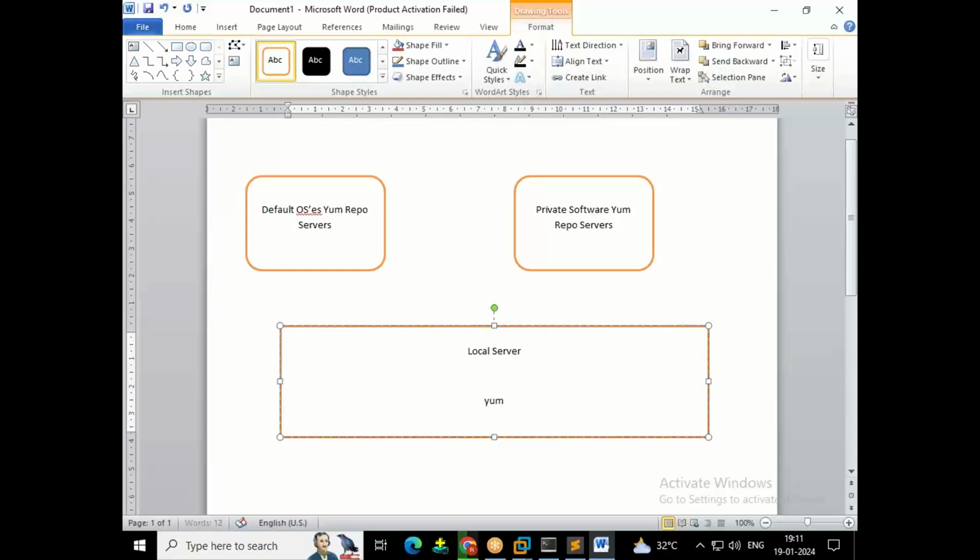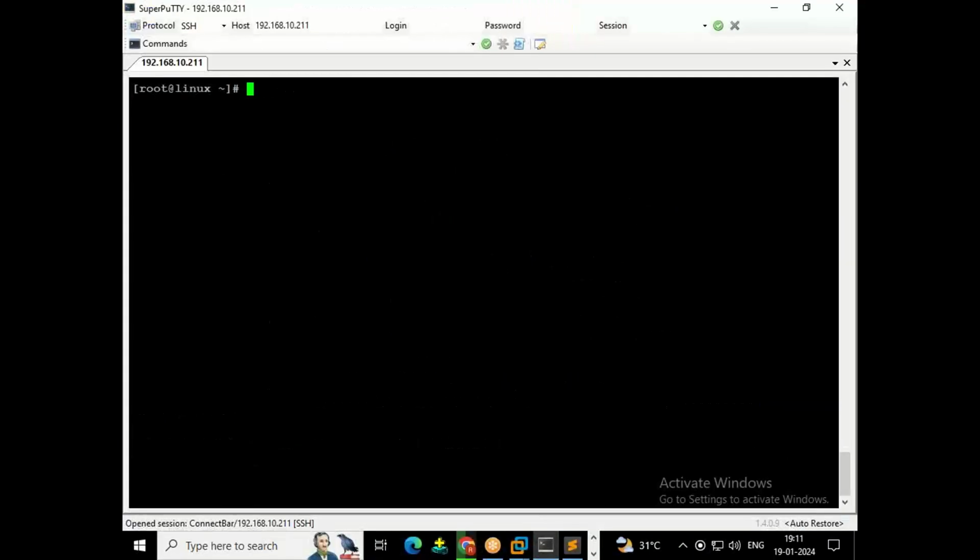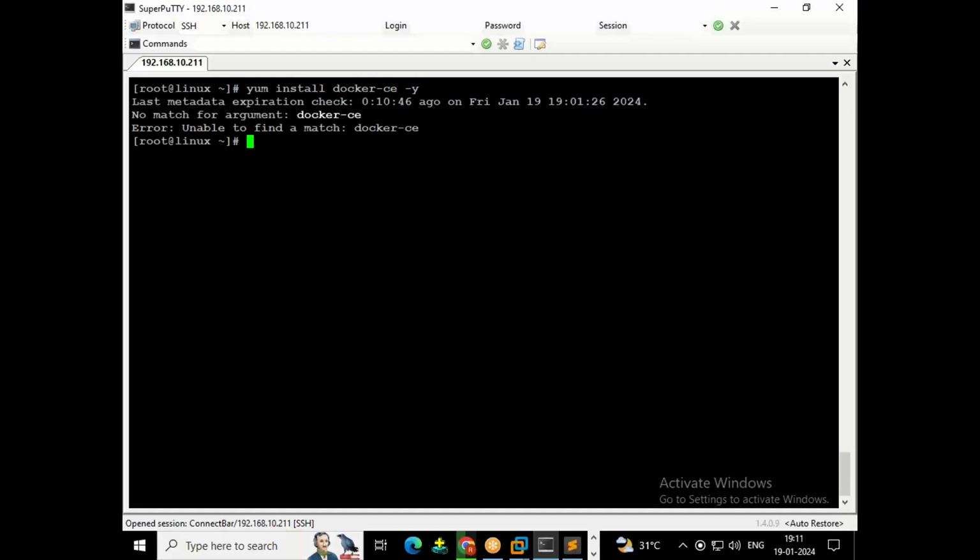Now we are trying to install Docker: install docker-ce -y. You can apply this one. You will not get it. Let me clear. Yes, install docker-ce -y. See,